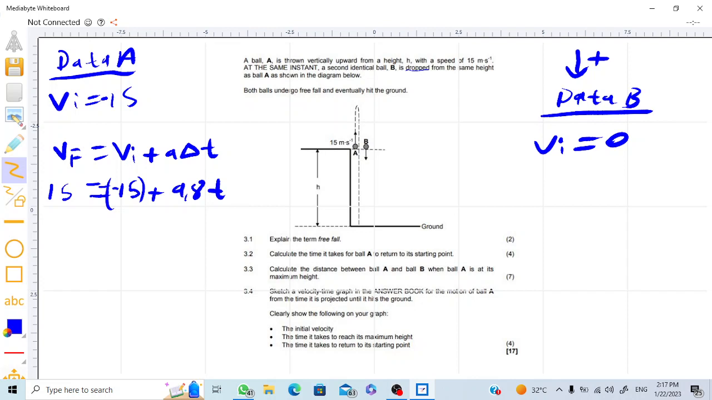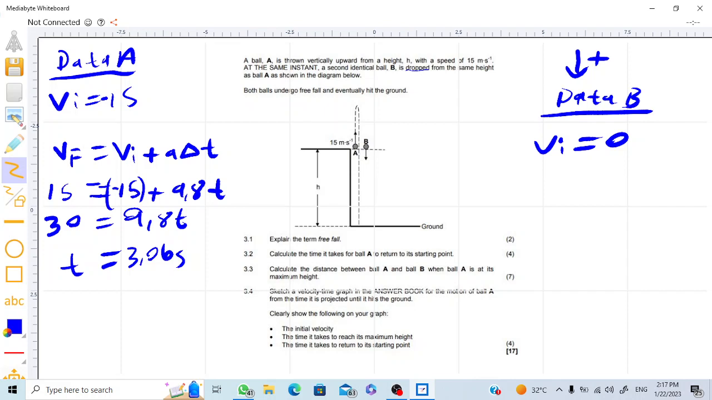Makes sense, ne? So you're gonna see everything throughout the calculations. Now let's continue. When you transpose this 15 to the other side, it becomes positive. So 15 plus 15 is equals to 30 into 9,8 times t. Okay, now you divide by 9,8 both sides, which is equals to